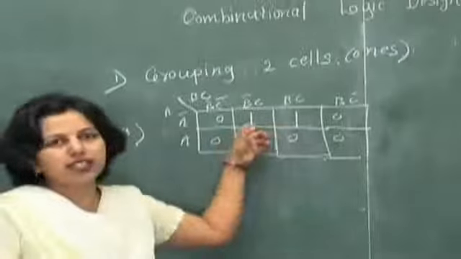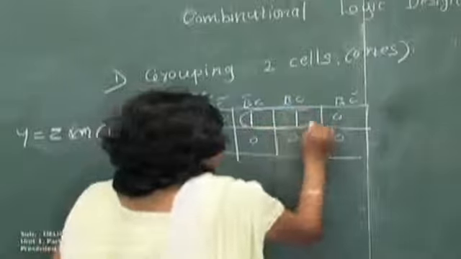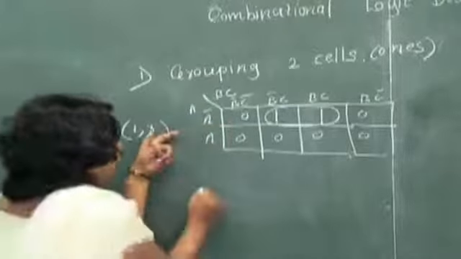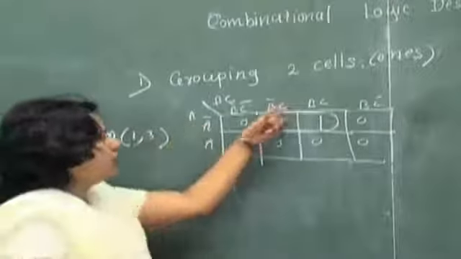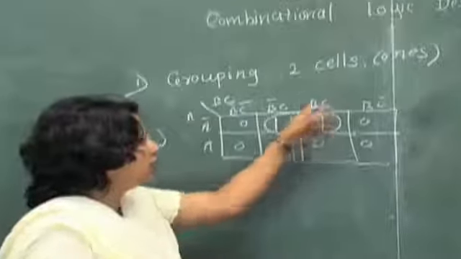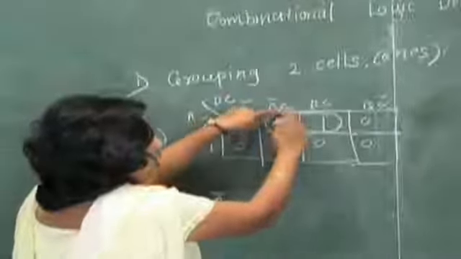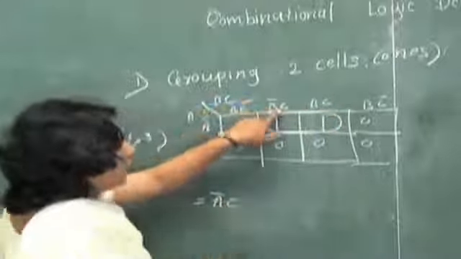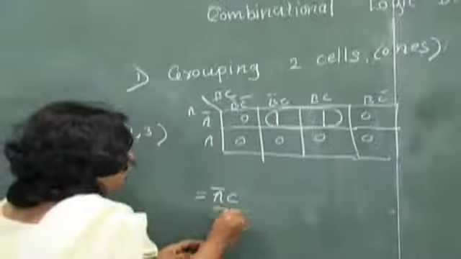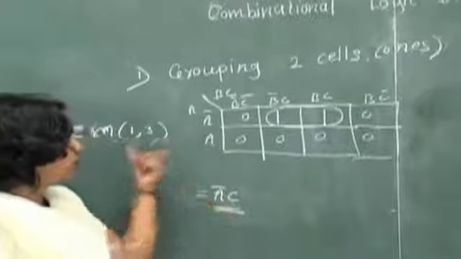Okay, so these 2 adjacent ones are there, which could be coupled or paired. So this pairing happens like this. Now when we pair it, see horizontally which term is present, that is nothing but A bar. And if we see vertically, this one represents B bar C and this one is for BC. Out of these 2, whichever is common, you can write down. Here you can see C is common, so I will write down C. And as B and B bar are complements of each other, they cancel. So I am getting the final equation like this. This is how the pair can be reduced using K-map reduction.